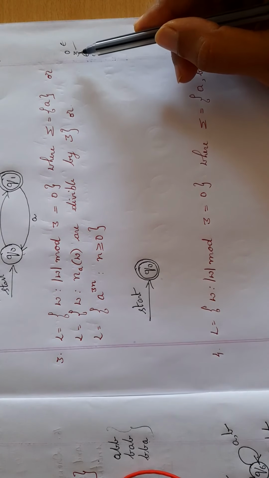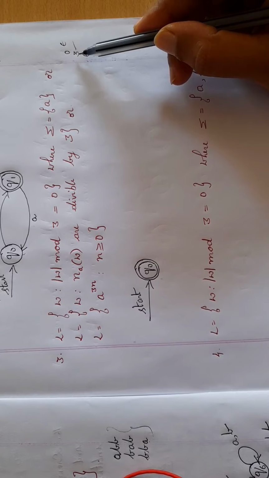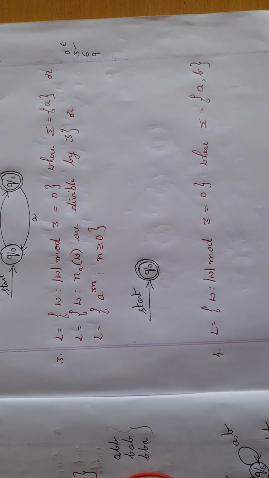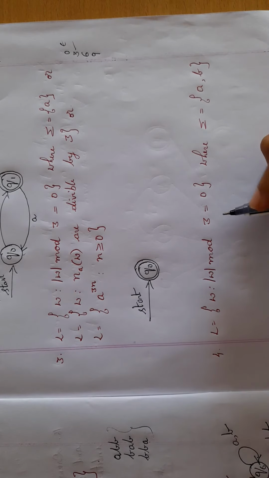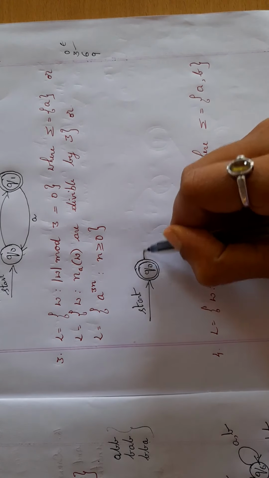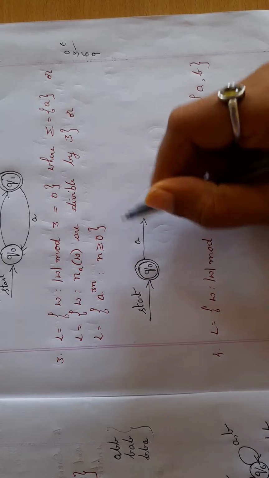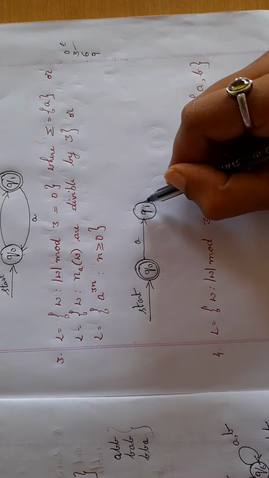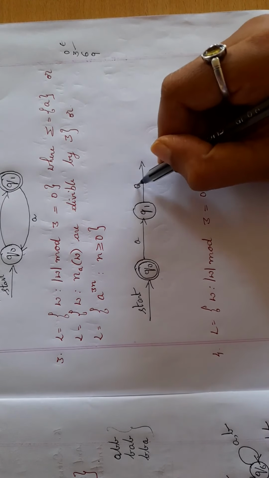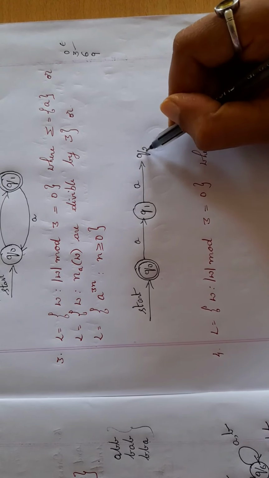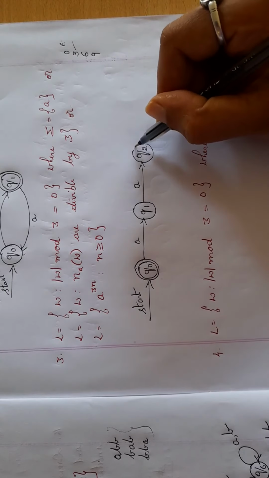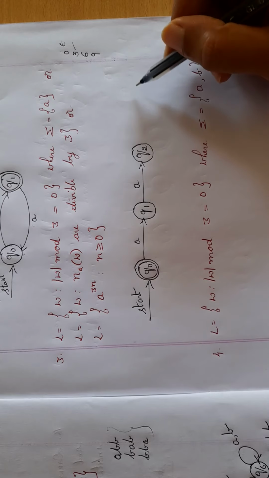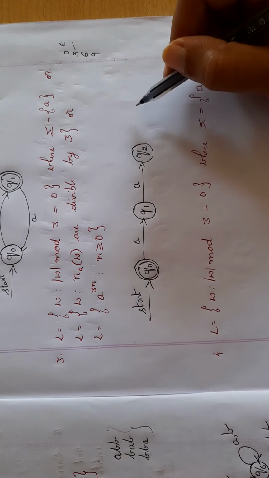So next it is 3. Okay, next value is 3. That is, 3 A's I should read in order. So from Q0, I'll read 1 A and go to Q1. Next I will read one more A and go to Q2. So 3 A's, right? If I read one more A, I will go to Q3. So 3 A's are accepted.